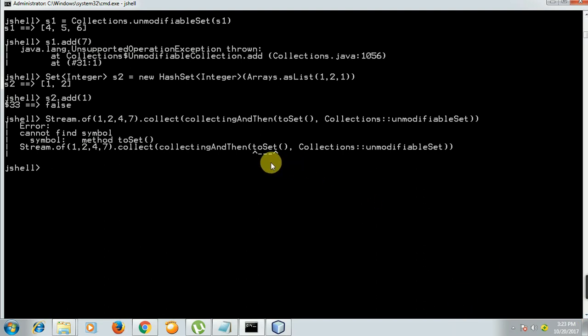So here toSet is not part of the default imports of this JShell. We have to explicitly import another package for the Stream API, which is part of Java 8. The same functionality can be achieved through the Stream.of statement, but there is still a problem with it. Though it is a one-line expression, this method can't be used to create a map, and it is too verbose. By using Java 9 collection factories, we can create immutable collections like